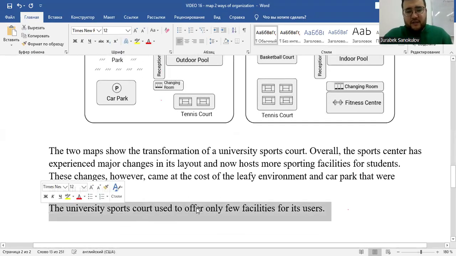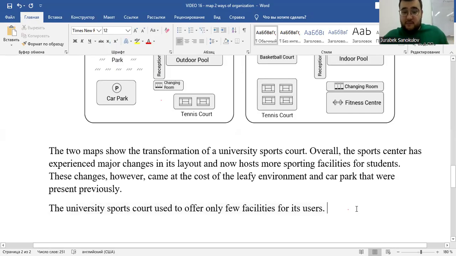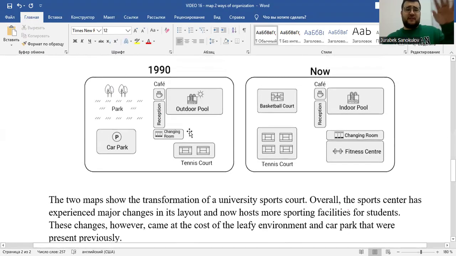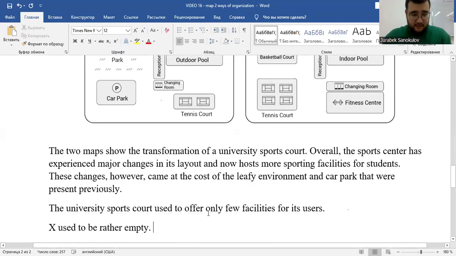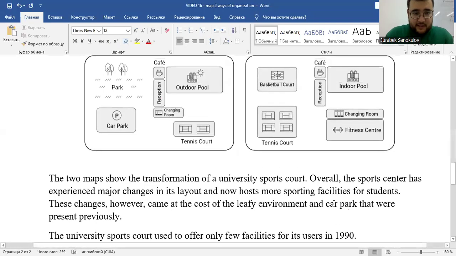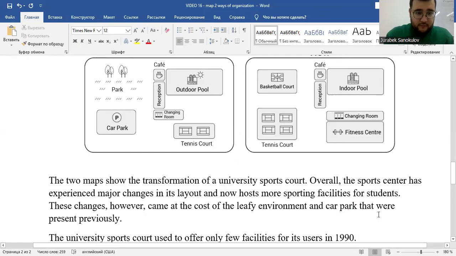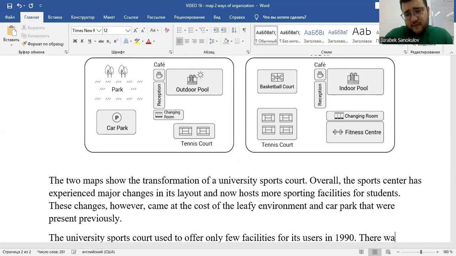So I usually recycle the same topic sentences for maps. I use this one. I also say this one: X used to be rather empty. I mean, to describe the first map. Let's include the year as well. So now let's start. Let's start with this one. Let's start with the reception. There was a reception